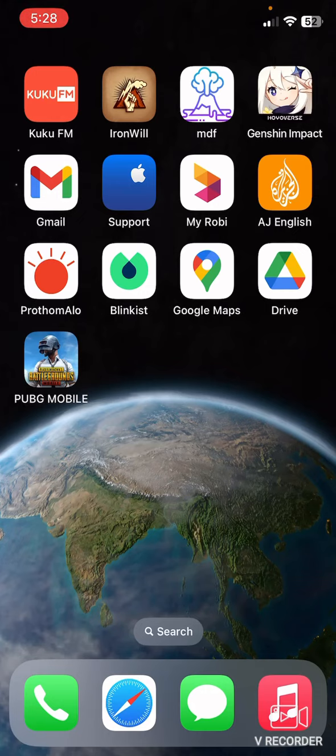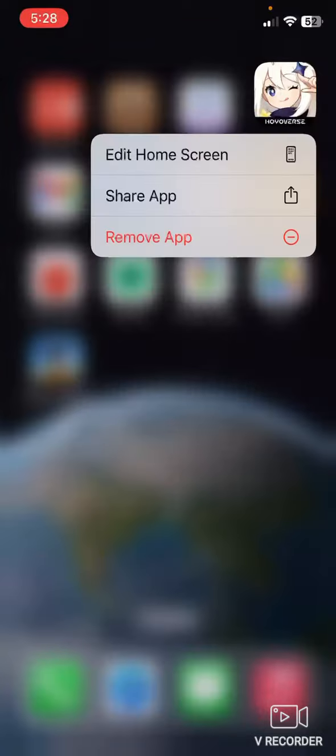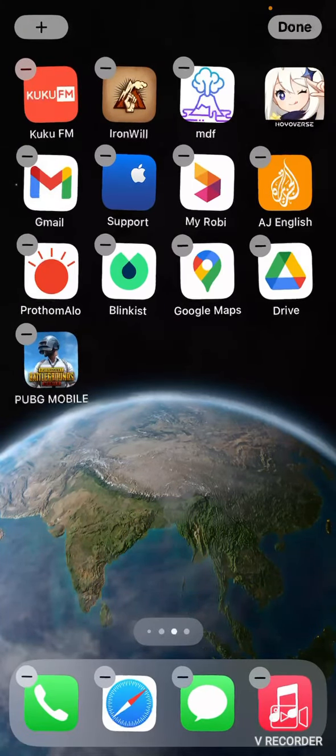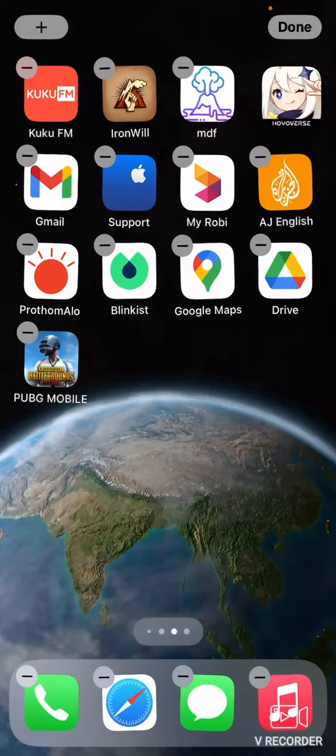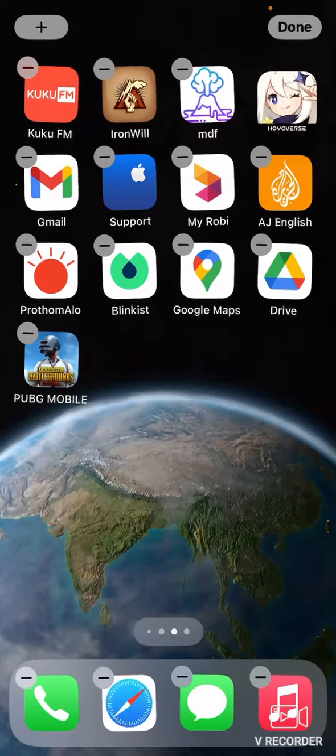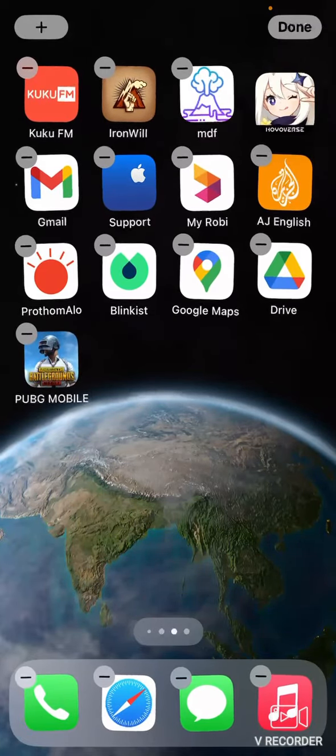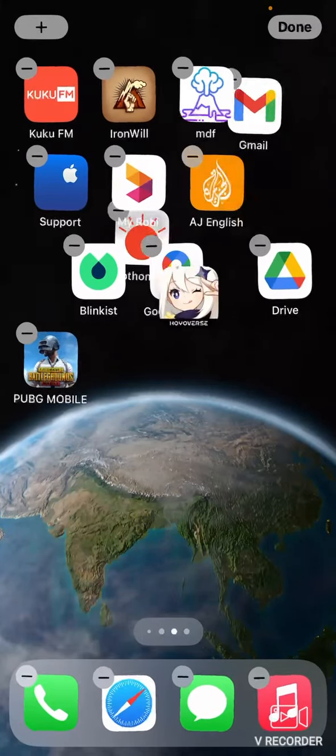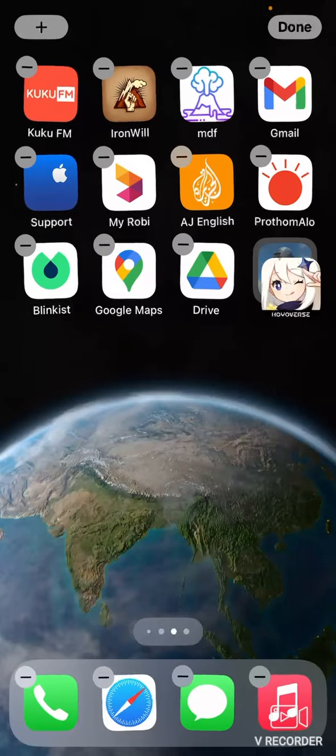So I'm clicking on this Genshin Impact, and if you hold on this for 1 or 2 seconds, you can see all applications will be shaking like this. Then if you want to add this application to another application to make a folder, like Genshin and PUBG Mobile together, just